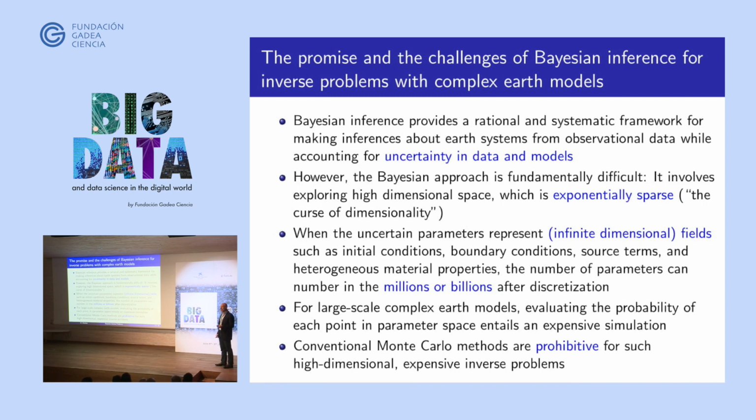So significant advances have been made, and I want to talk a little bit about those, give you a very high-level view of those. But what I also want to conclude with is that despite significant exploitation of the structure of the problem, it remains the case that you still need to solve many forward models, thousands, tens of thousands, hundreds of thousands, and this becomes expensive. And so the question is, can we look to machine learning to provide us with a way of constructing reduced order models that can then be evaluated rapidly? Now, these reduced order models have to be predictive, and they have to be predictive over very high dimensional space, so that's another big challenge for machine learning.